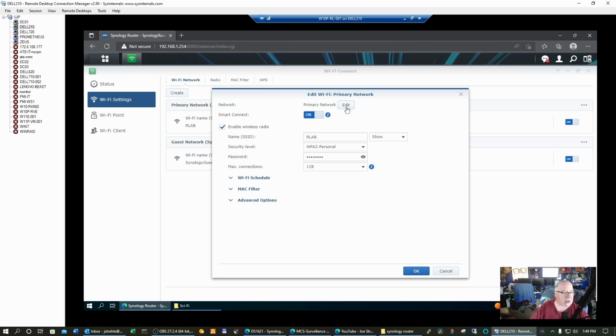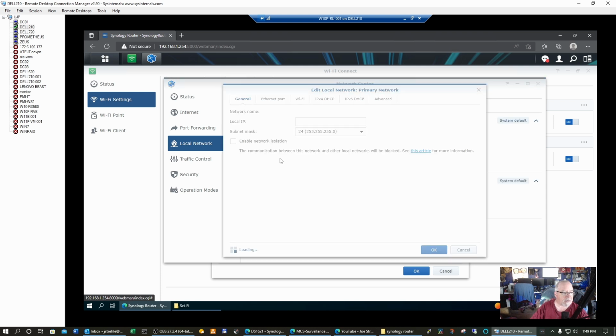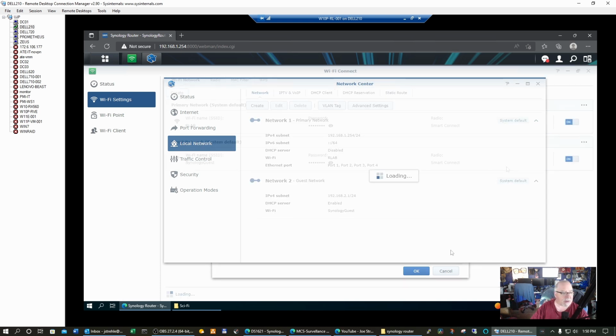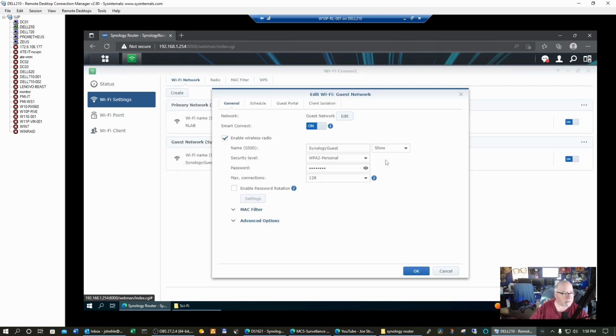And then you can come here on your primary network and it'll jump right over to the network center. And you can see my primary network is set up on the one subnet. So that's a nice thing. It takes you right to that. So if I go to my guest network and I edit that, you'll see I've given it a name. I've given it a password. Again, I've got the same options, Mac filter, advanced options. And I can choose